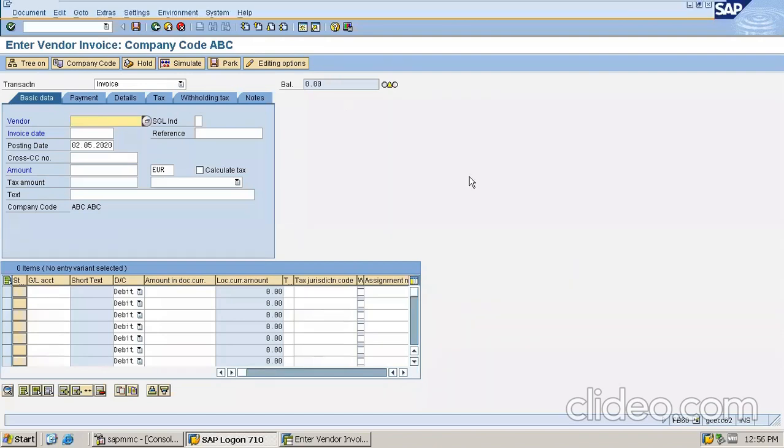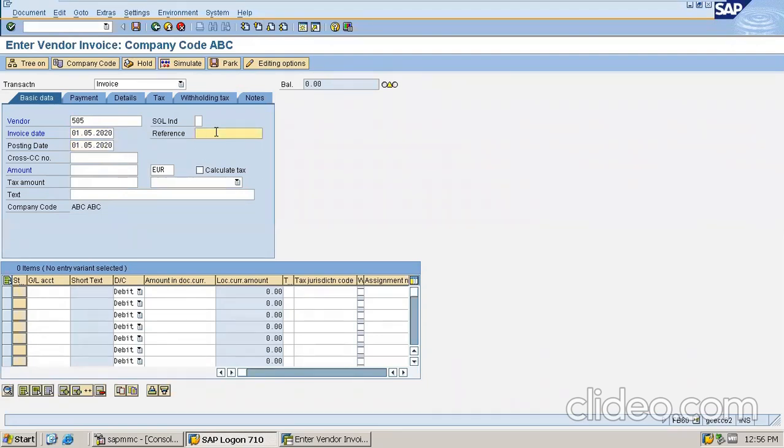Yes, so the FB60 has appeared. Now I'll enter all the parameters in FB60. My vendor is 505. Invoice date and posting date, I'm giving both of them as the current date. Putting the current date here, 1st of May 2020.